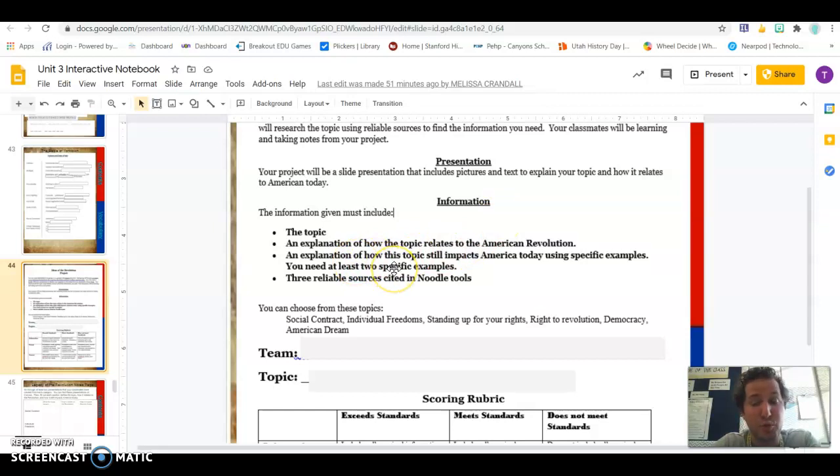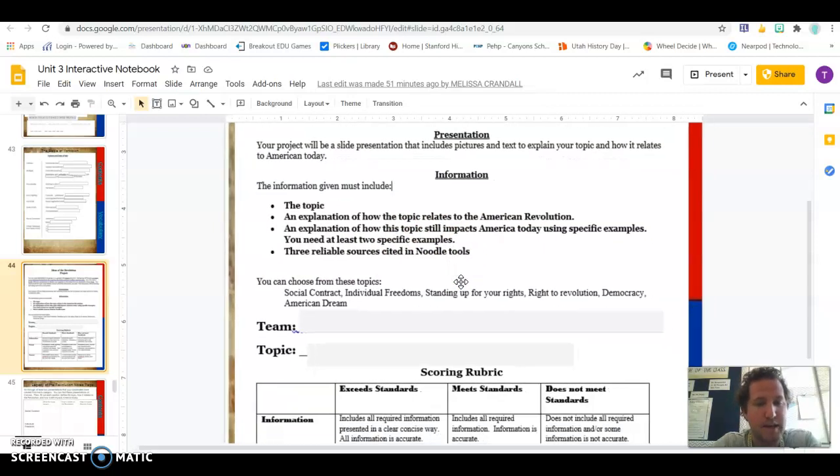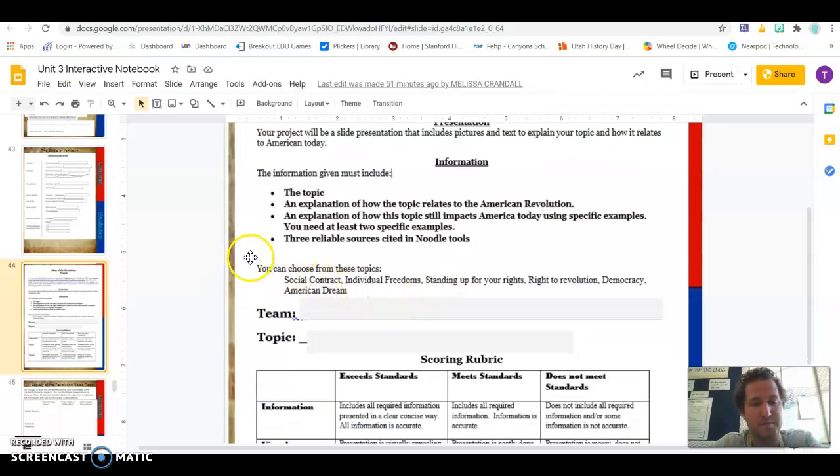You need at least 2 modern examples of what your topic looks like, and then 3 reliable sources cited in Noodle Tools. Here are the topics you can choose from: the social contract, individual freedoms, standing up for your rights, the right to revolution, democracy, and the American dream. So you will choose one of these topics right here, do some research, cite your sources in Noodle Tools, and create a project that defines the topic,